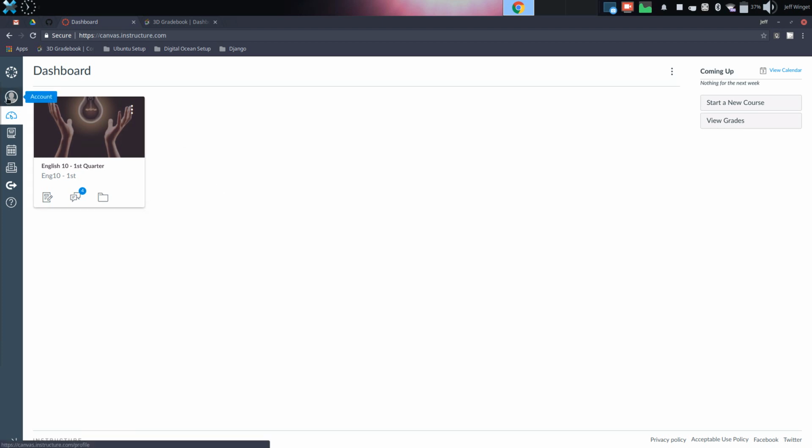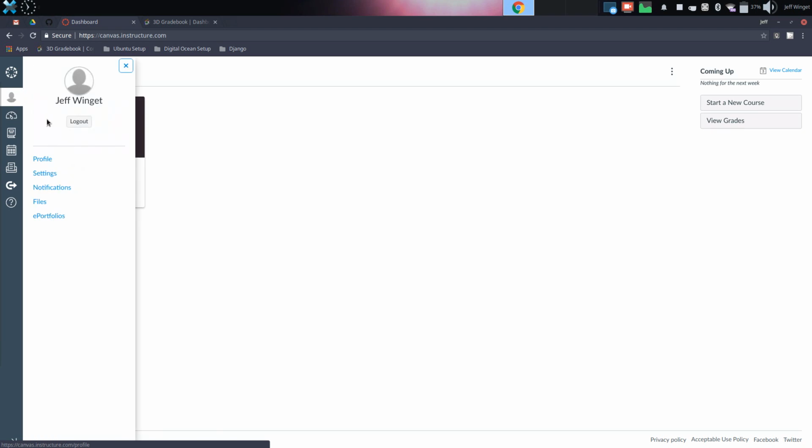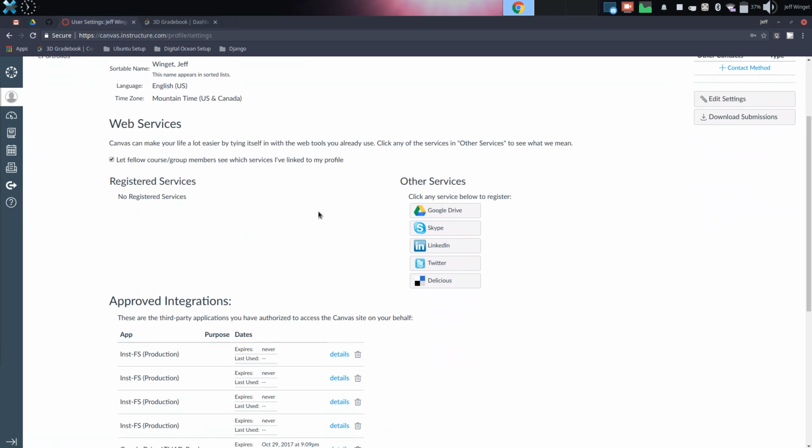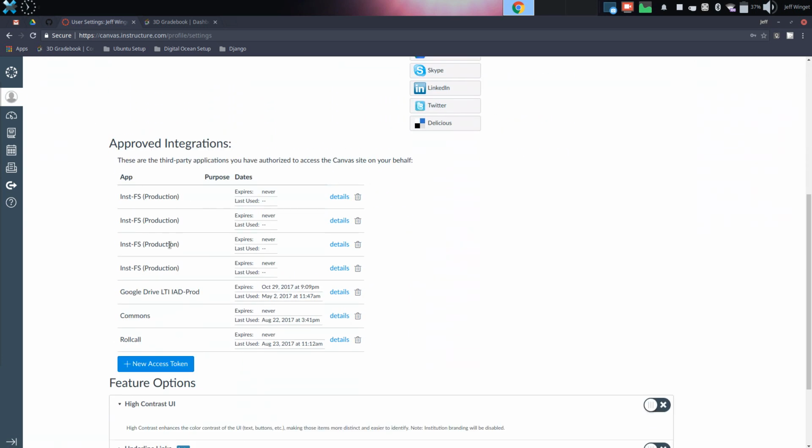So the first thing that we're going to do is we're going to go up here to Account. We're going to click on Settings. And at the bottom of the settings you have approved integrations. This allows you to integrate Canvas with external applications. So we're going to click New Access Token